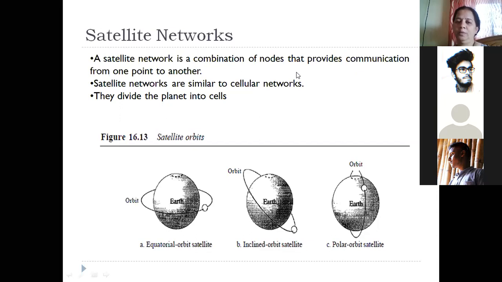A satellite generally provides a useful way of allowing two people to communicate from one point to another. The satellite that is present in the outer atmosphere, or the Earth's atmosphere, is going to act like a switch which will take the data over an incoming link or an uplink and forward it to some other point on the Earth that is called the downlink.